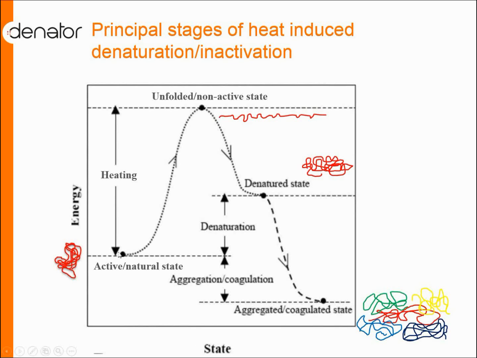So we start out with the tissue, where the proteins, our enzymes, are in an active natural state, and we add heat. We do that by conductive contact heat, and as the sample heats up to roughly 90 degrees centigrade,